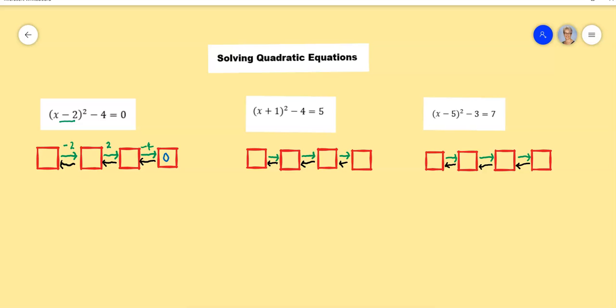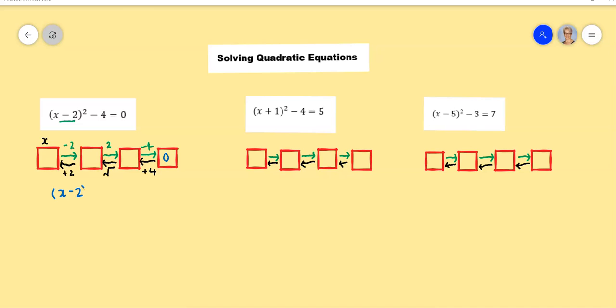So if I want to work backwards from our answer back to X over here, the first thing I'm going to do is add 4. And then the inverse of squaring is the square root. So I'm then going to take the square root of my answer, and then I'm going to add 2. And that way I will get back to my value of X. So doing that algebraically, we have